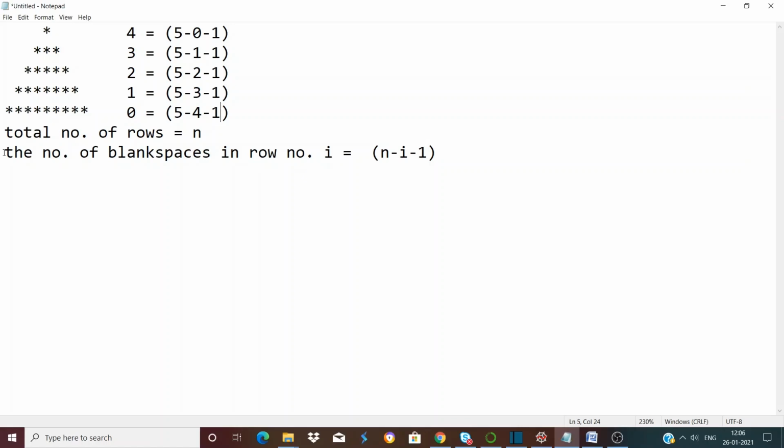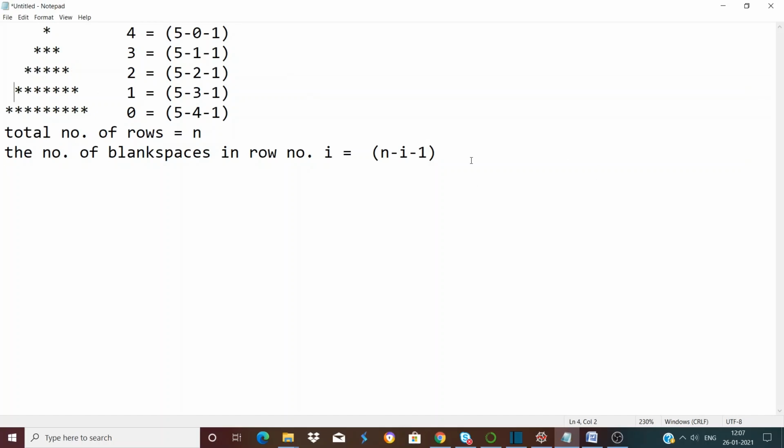Now we have to determine what are the number of elements or number of columns in each row. So in row number 0, we have 1 column or 1 element. In row number 1, we have 3 elements. In row number 2, we have 5 elements. In row number 3, we have 7 elements, and so on.